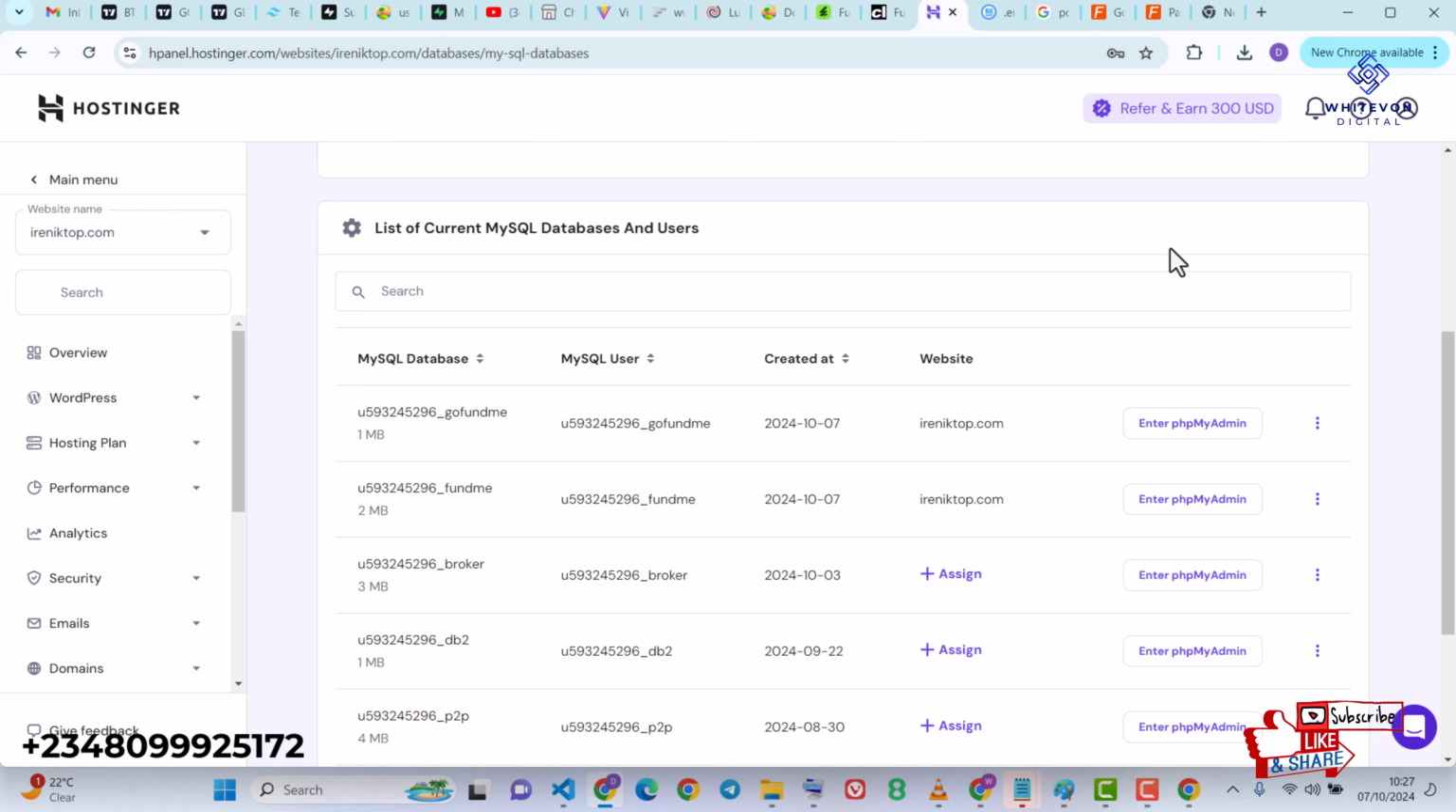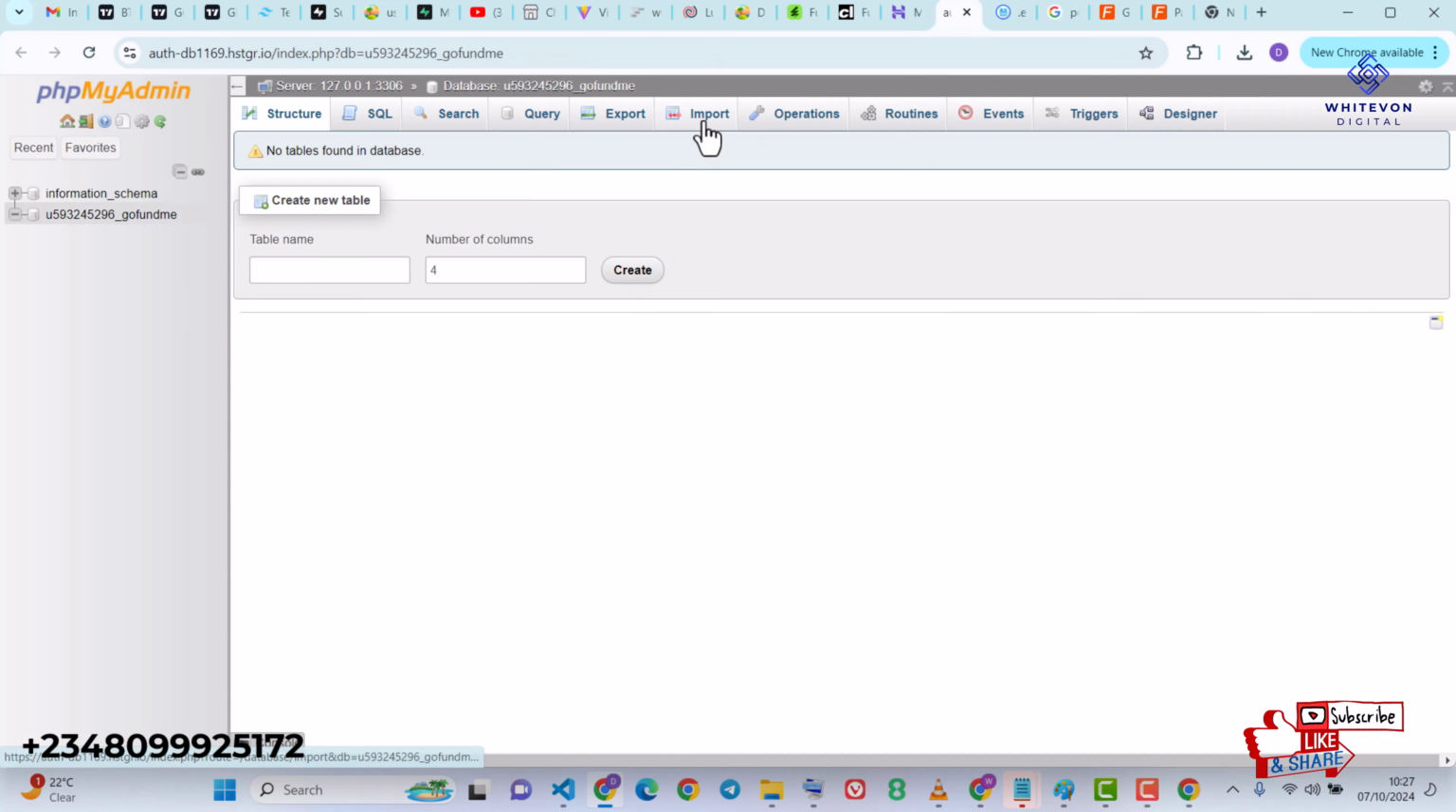But if you're using an hPanel, just follow the same process I'm doing, which is the same. If you're using a cPanel, it should definitely be much easier to locate all these things. So just go ahead and click enter phpMyAdmin. I'm going to click on Import,